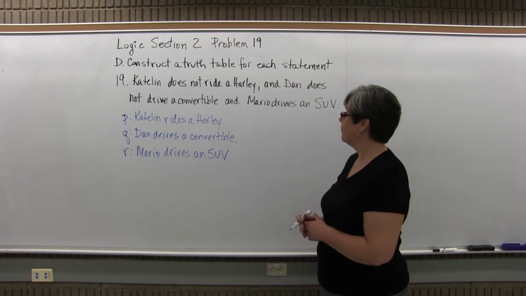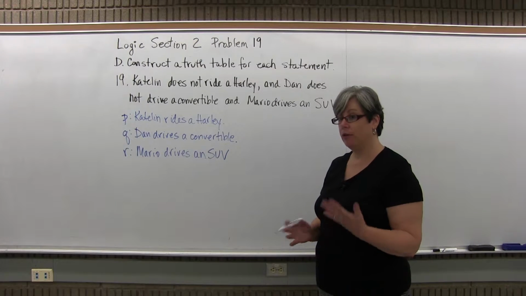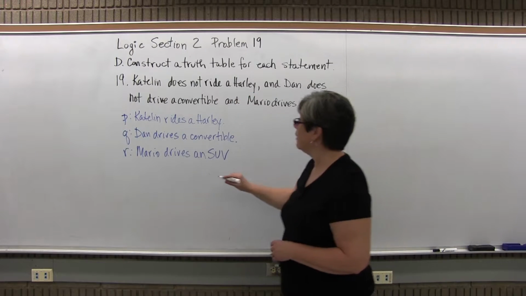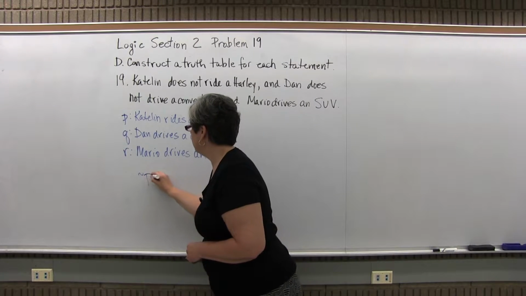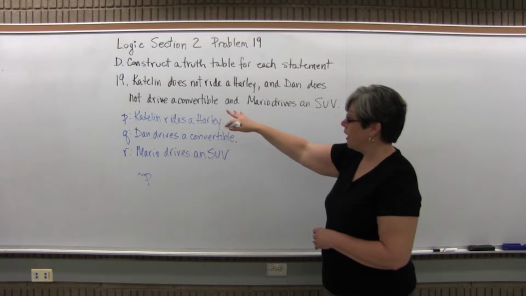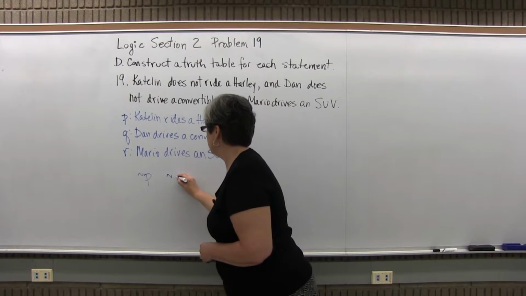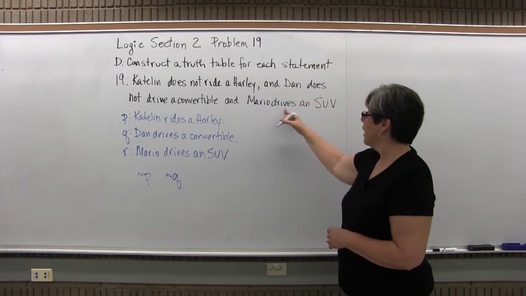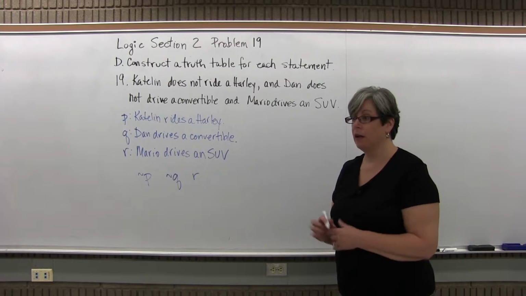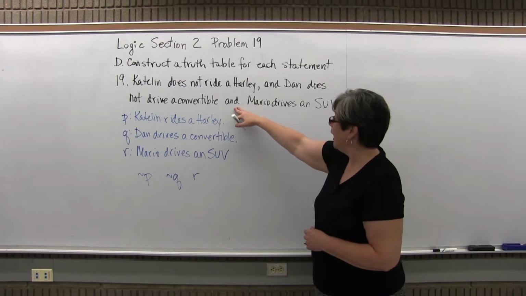So now we have the simple statements defined, and we can try to put them together into our logical statement. Caitlin does not ride a Harley will be a negation of P. Dan does not drive a convertible will be a negation of Q. Mario drives an SUV will just be R. Let's look for our connectors. We have an and